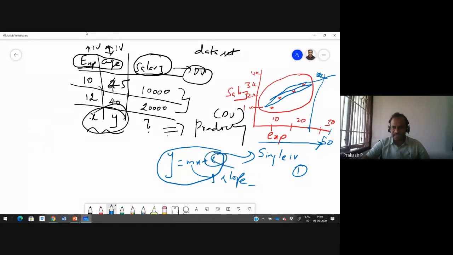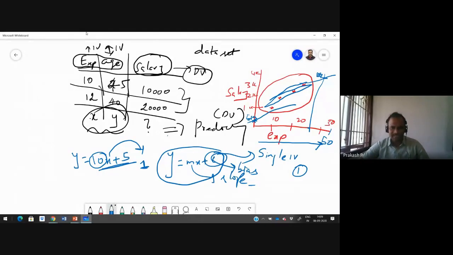This extra thing we can call the bias. For example, if you start here, even the starting salary is 500. This we can call the bias. For example, y equal to 10x plus 5. What it means is, for every increment of 1 year of experience, my salary increases by 10.